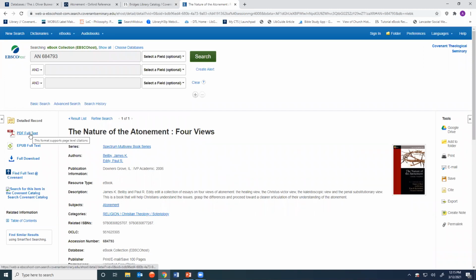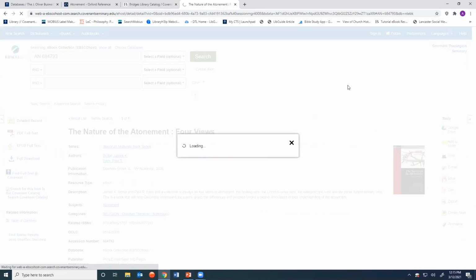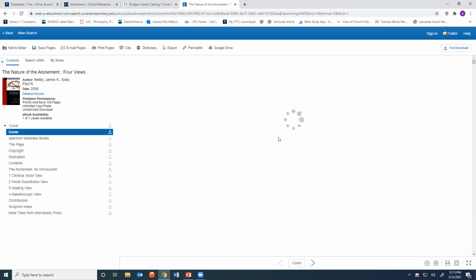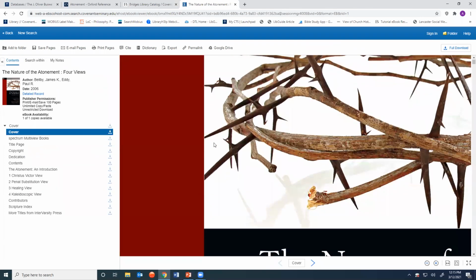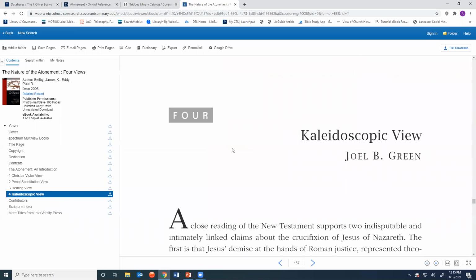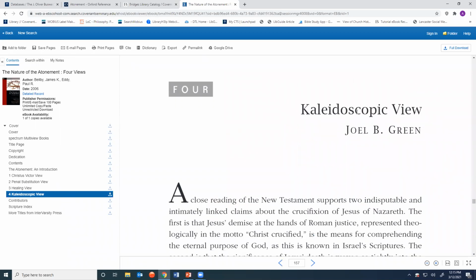If we click this PDF full text, now you have full remote access to a Kaleidoscopic View of the Atonement by Joel Green.